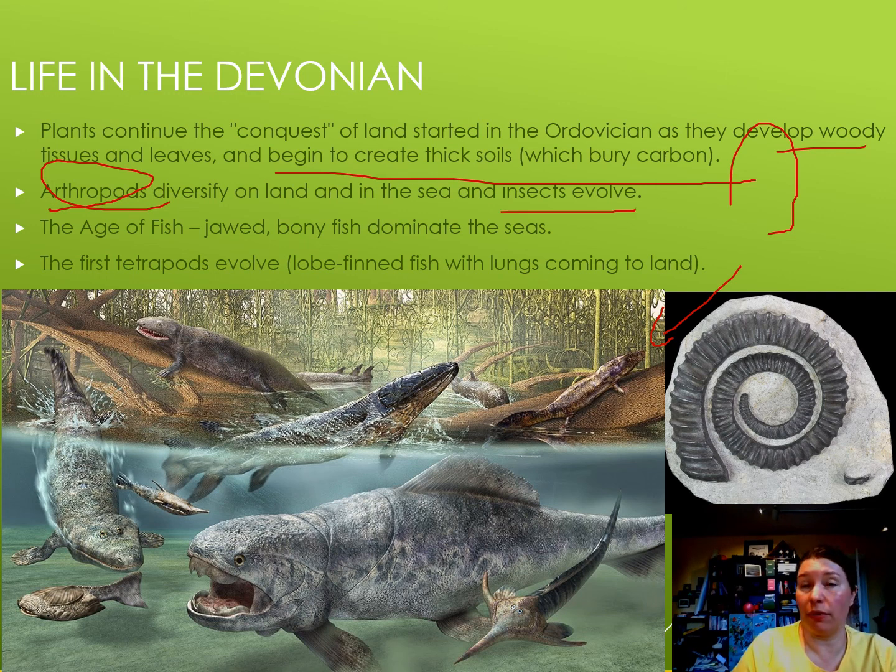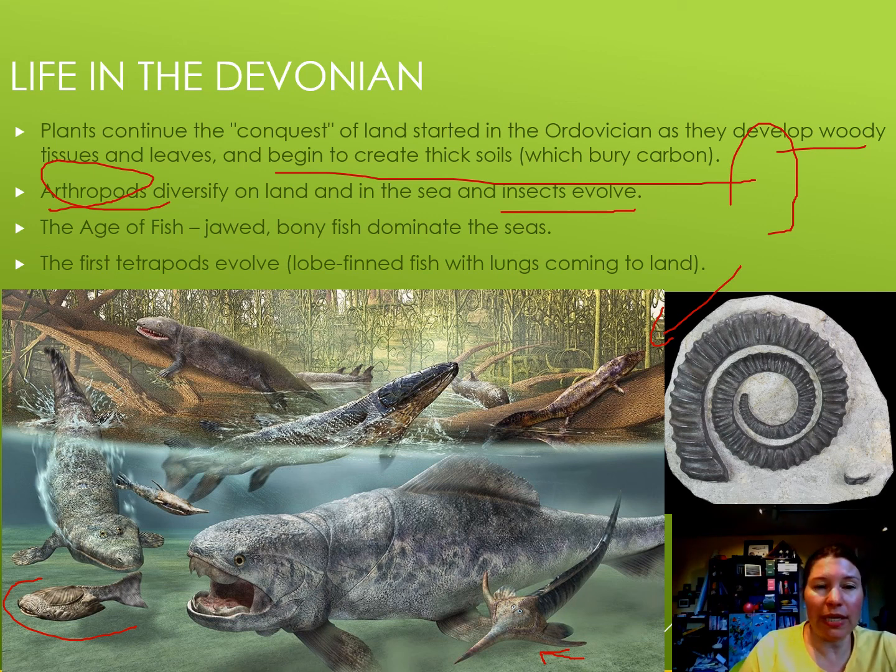Insects are finally going to evolve, as a response to all the new food that they have to eat because of all the plants. So insects are going to show up and begin to dominate the land. In the oceans, of course, here we go, are jawed, bony fish, and still a lot of jawless fish, like this guy, Bothriopus, I'm sorry. And then this guy over here, another jawless fish. And this, of course, is something like Dunkleosteus. There's a few of the big armored fish, but he's probably the most famous.